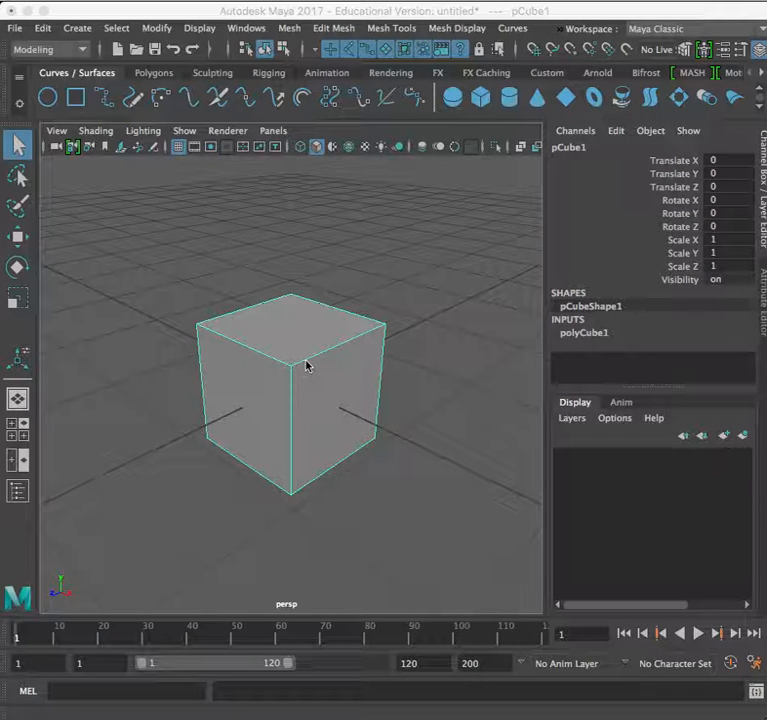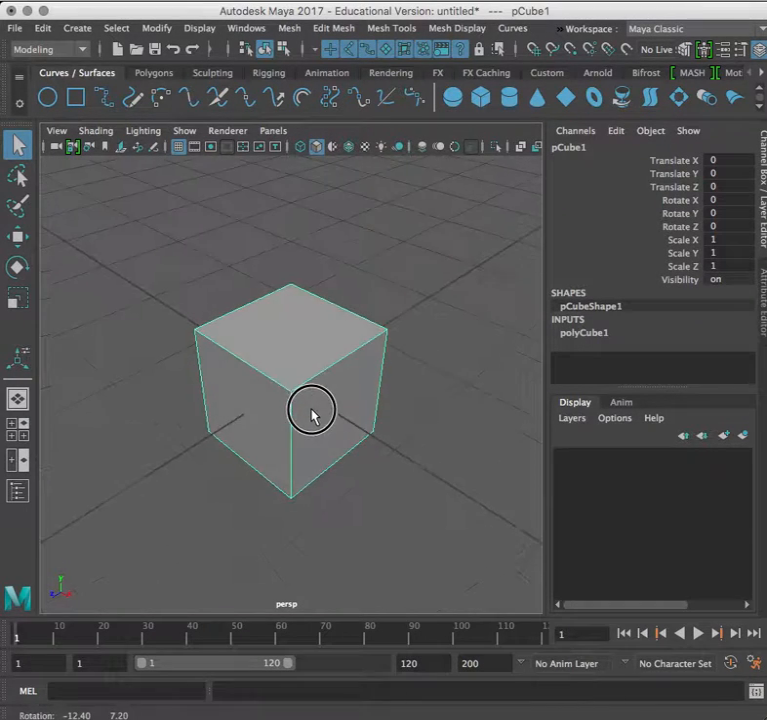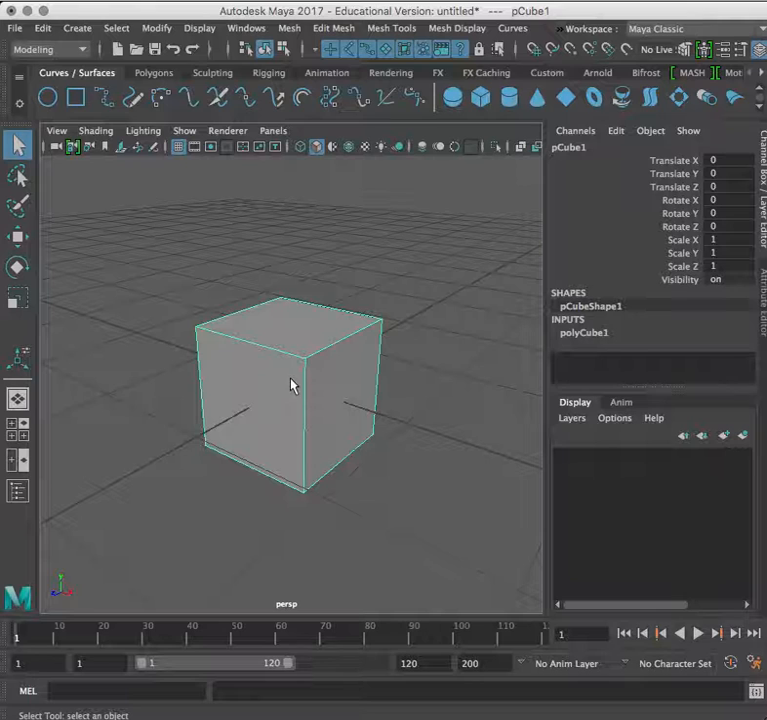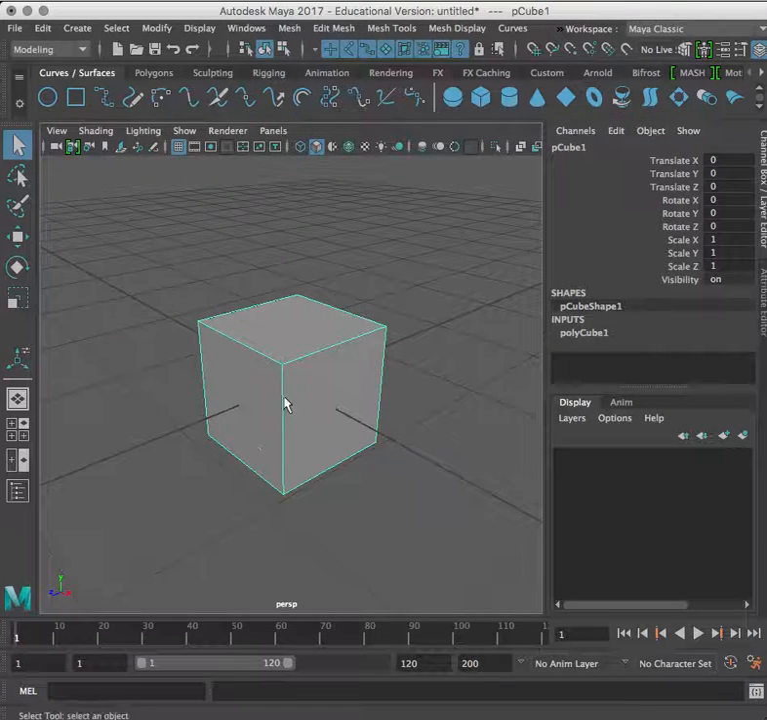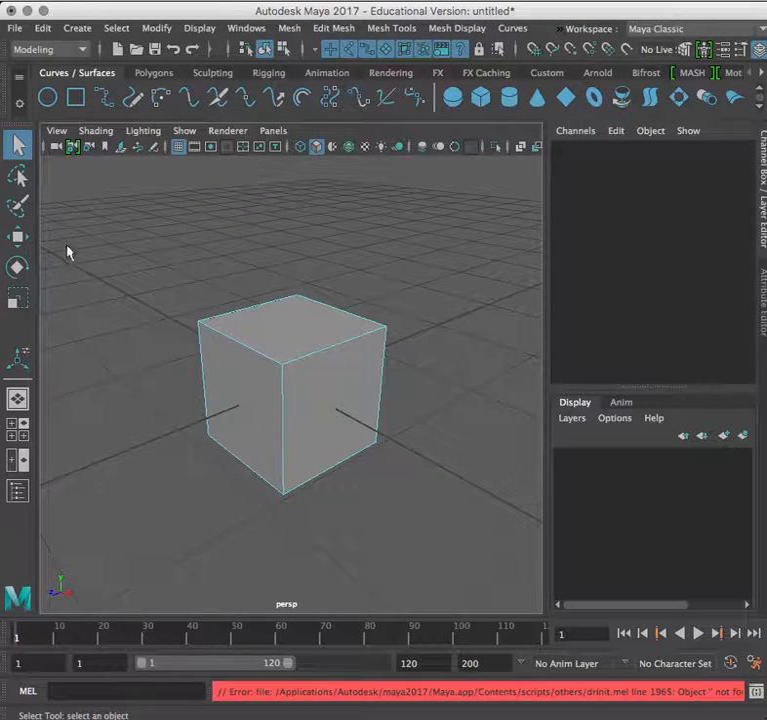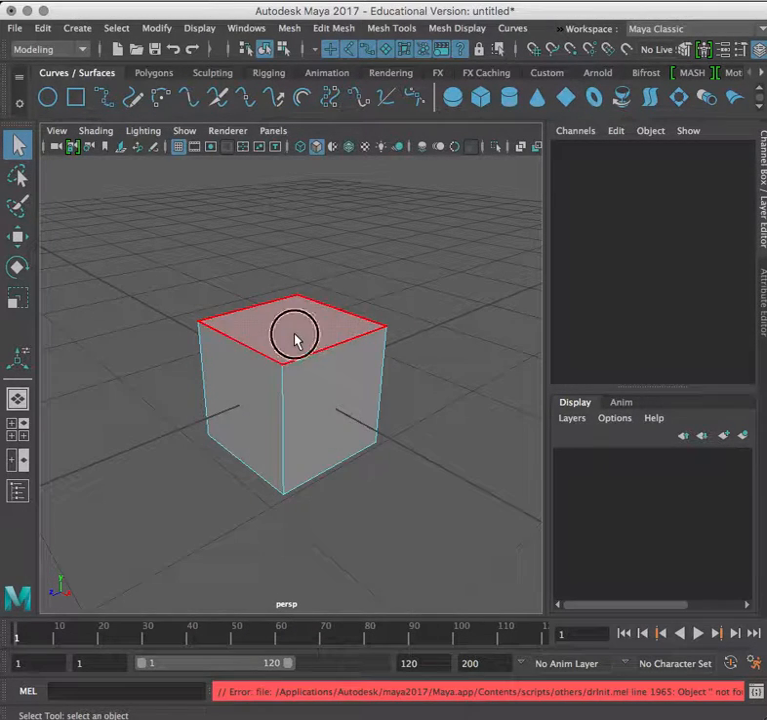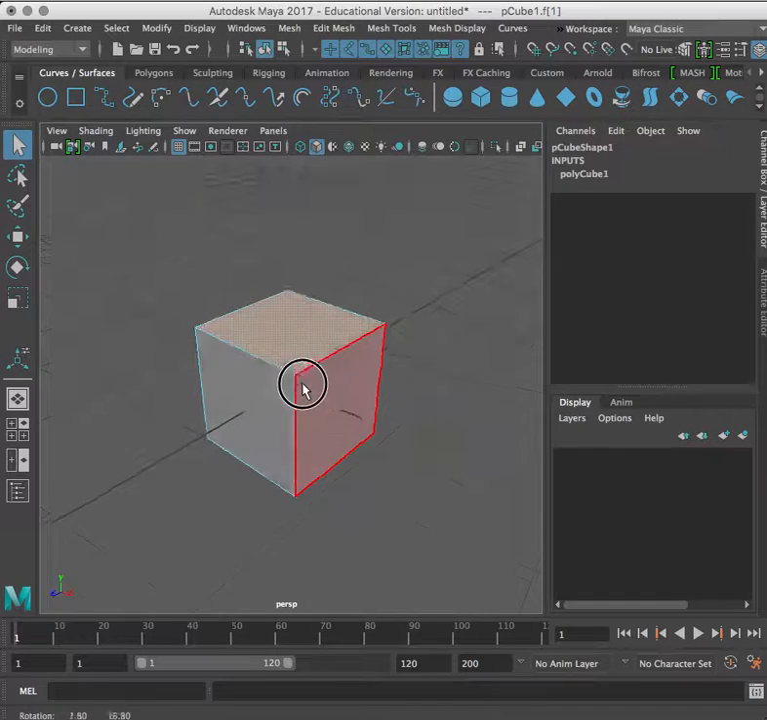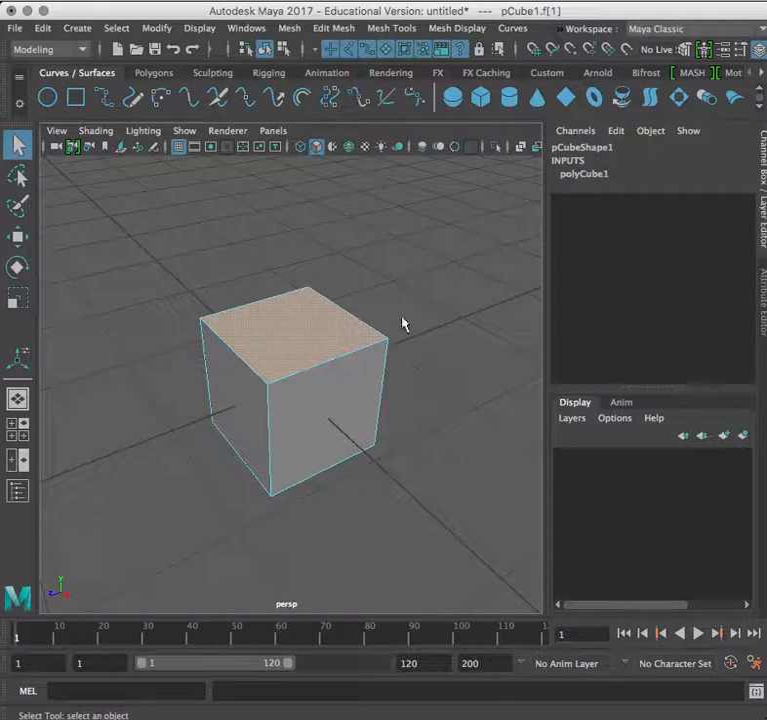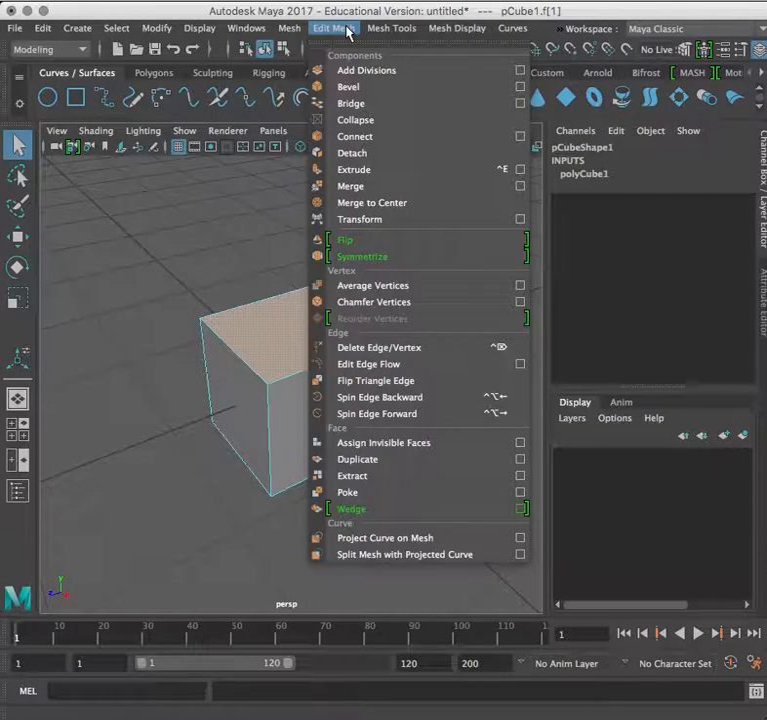Video talking about the extrude tool. Again, the extrude tool works with selected faces in order to pull details out. So I'm going to right click over this, select face, start by selecting a face. I'm going to select this top piece of the cube here, and then I'm going to go over to edit